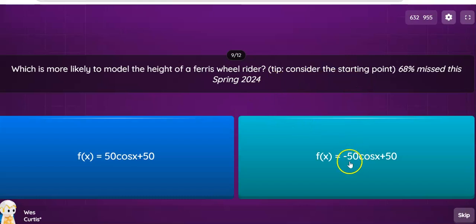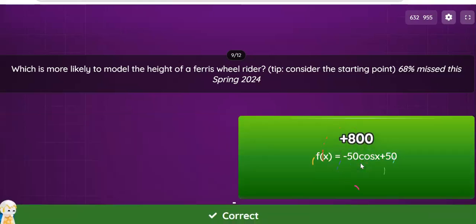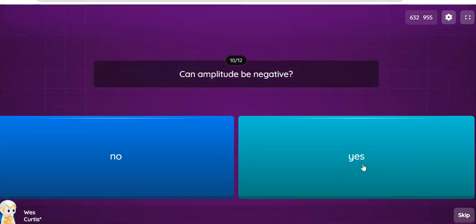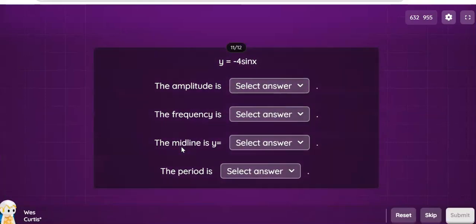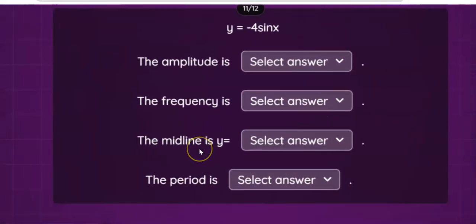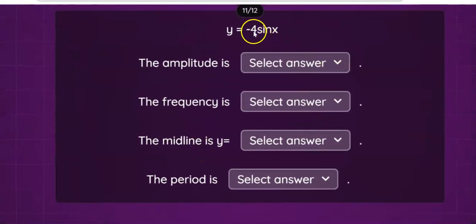Remember, again, I'm just overemphasizing at this point. If you're modeling a Ferris wheel rider, you definitely want one with a negative cos graph. These two functions were the same function, other than the fact one of them was negative cos, one of them was positive cos. Can amplitude be negative? Again, no. That's one of the popular mistakes kids will make, putting the negative. I think it was because of this. The amplitude is not -4. It can't be negative. But you're thinking right, it's always the A, the F, and plus or minus the M out here. The amplitude is 4,